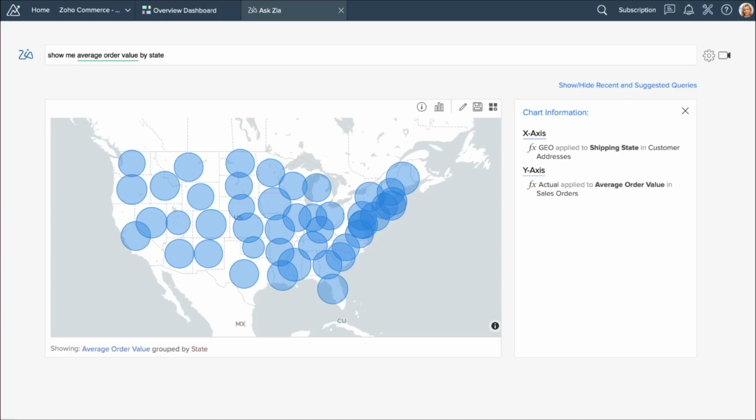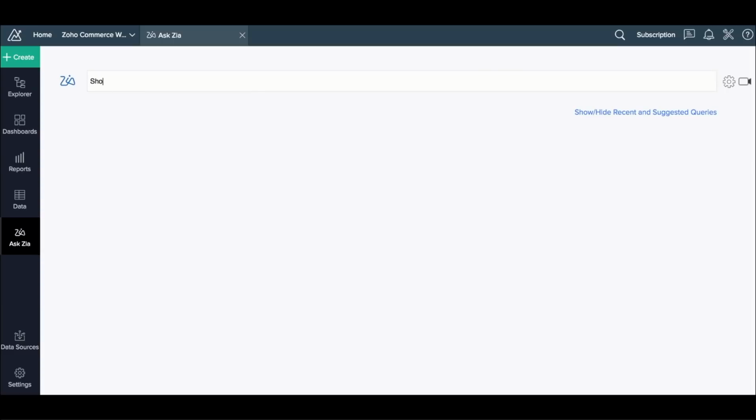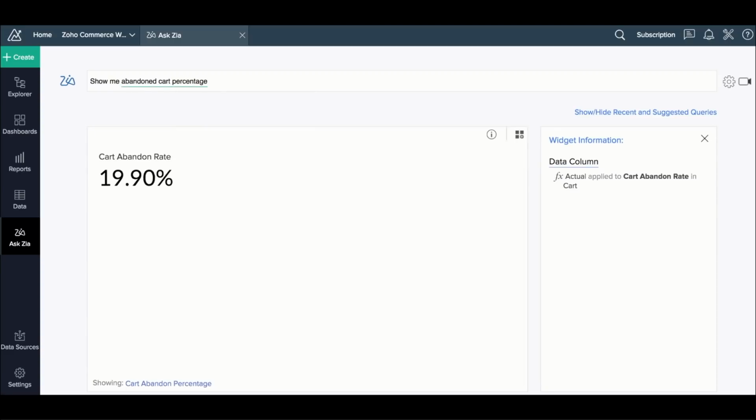Or it could be any other data like that. You can say, I want to do it in the last 120 days, and Zia will dynamically create a report. And it's actually as simple as typing that. Here's a good example. You want to say, show me the abandoned cart percentage. You simply ask Zia, and Zia will dynamically calculate that and show that for you.